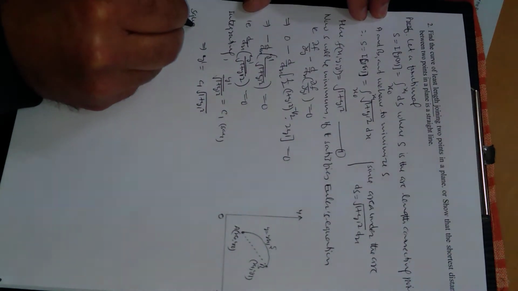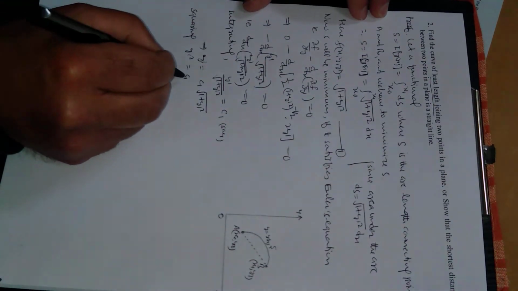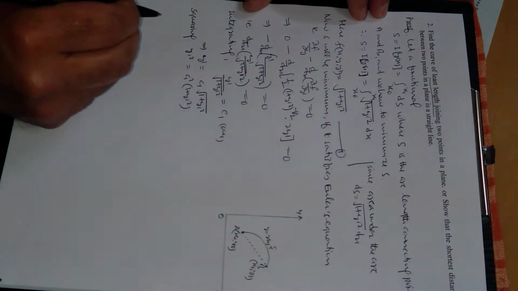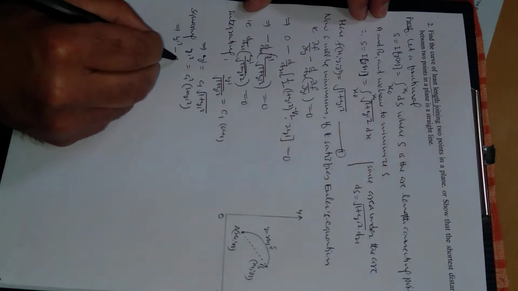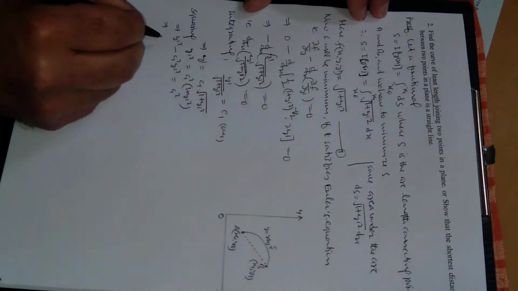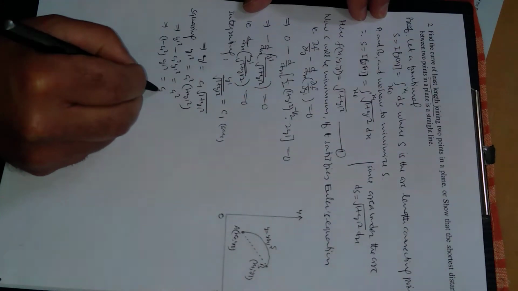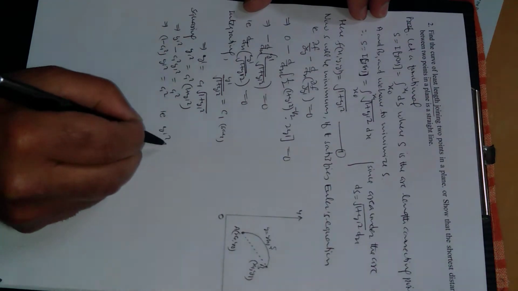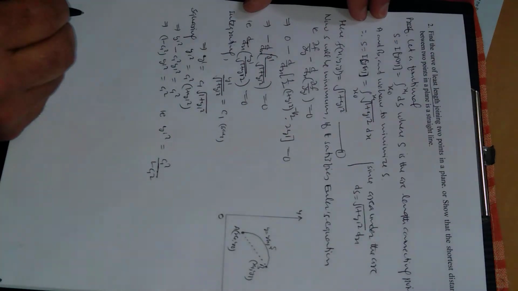Squaring, we square this. Squaring, y dash square will be equal to c1 square times 1 plus y dash square, right? This is on squaring. This further implies y dash square minus c1 square y dash square is equal to c1 square. Now what is common here? Common is 1 minus c1 square. Y dash square is common, equal to c1 square, right? So from here y dash square is equal to c1 square divided by 1 minus c1 square, right?